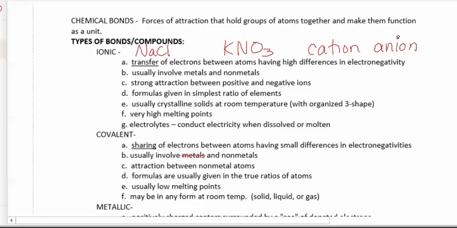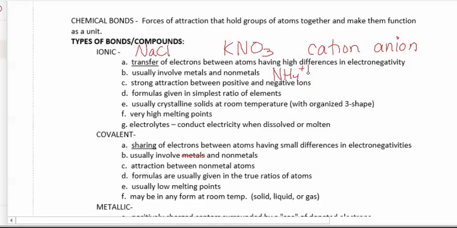So there is an exception to the nonmetals, and that's one specific cation. That is ammonium, NH4+1. That would also have ionic bonds. So they have a strong attraction between the positive and the negative ions, which we then write their formulas in the simplest ratio. These are generally crystalline solids at room temperature. They have a very specific 3D shape, which we're going to talk about later in this unit,